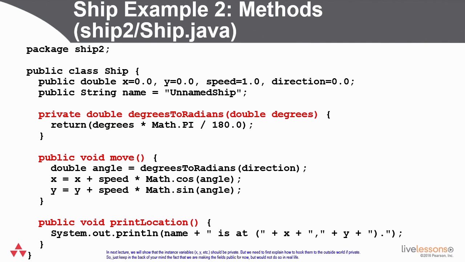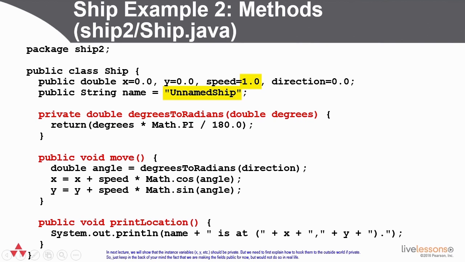The first point is that the place that you define a method, a member function, is inside of a class between the curly braces, just as the place you define an instance variable is inside a class between the curly braces. The next point is that in Java, you can give default values to instance variables without having to define